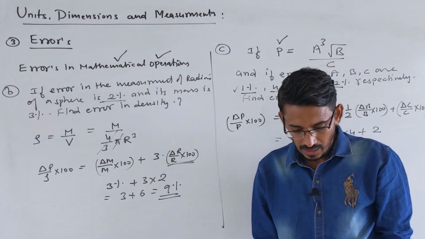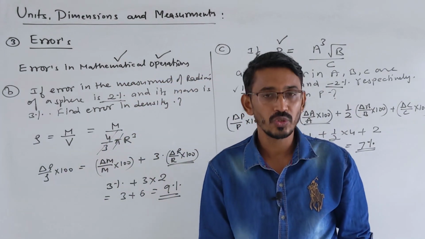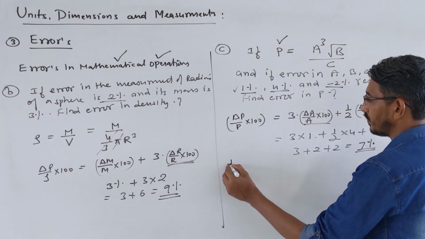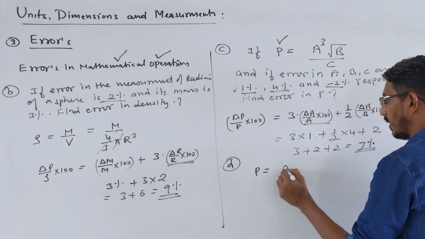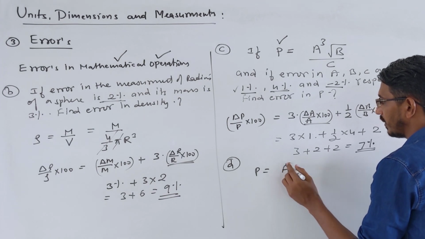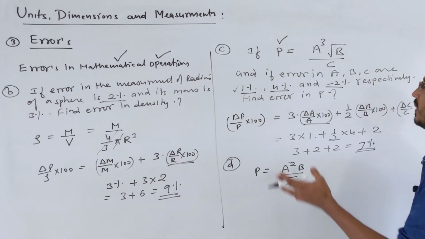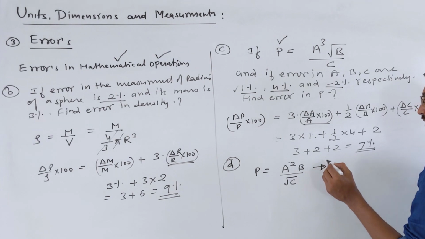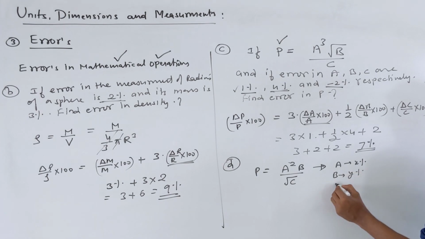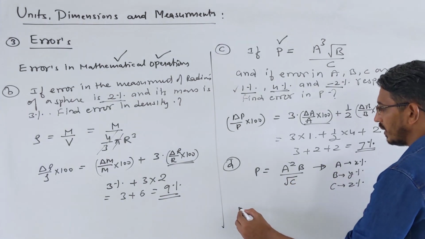Right? Okay, this question can be asked in terms of symbols also. Not always that they give numbers like 2%, 3%. They can give like X%, Y%. Doesn't matter. Okay. For example, like this question, they say some quantity P is given by A squared B by root C. This formula is given, almost the same formula, and the errors here can be given like this. They say error in A is X%, error in B is Y%, error in C is Z%. Means as symbols can be given, no problem. Same way to answer.